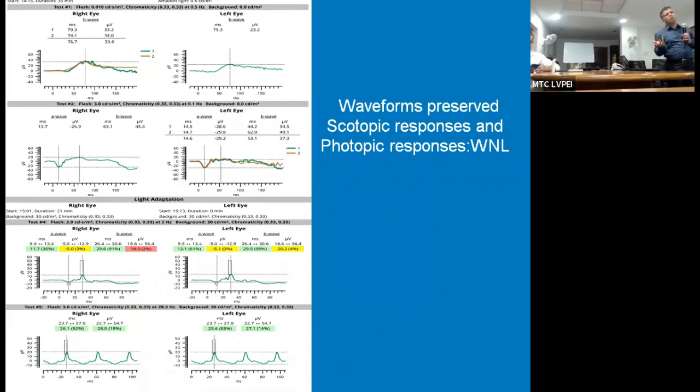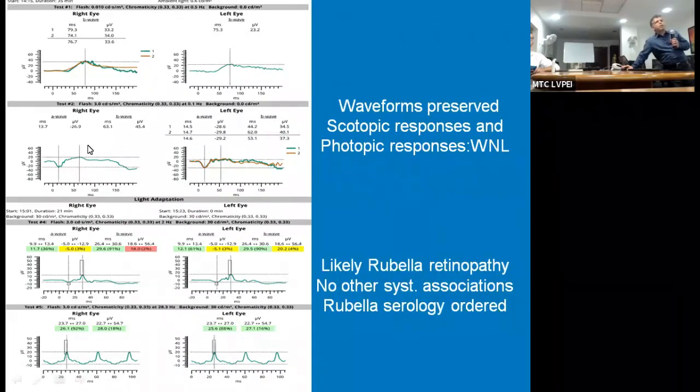An extra test is not required. But as the case has been referred from an ophthalmologist, we need objective evidence, and that's what we did. ERG, this is full field ERG. The upper one is for the right eye and the lower one for the left eye. This is done with a RETeval handheld device, and you can see that the pattern is well preserved, and the ERG is more or less normal.